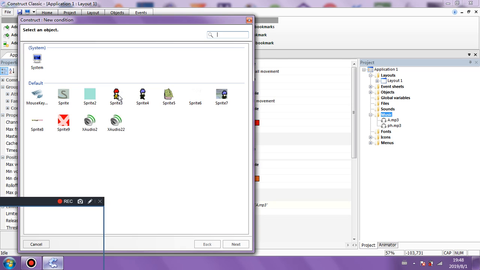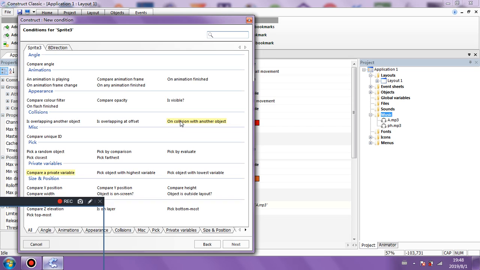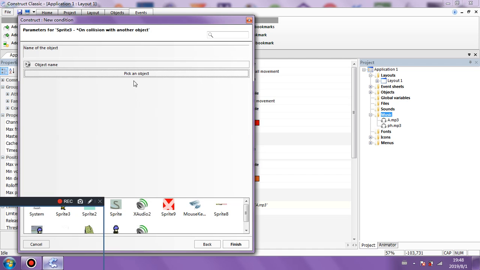So when he makes collision with the house, we'll just do it for that for now, just to show you, okay? I'm just going to do it with one object.